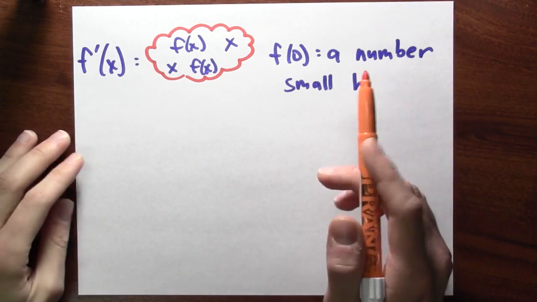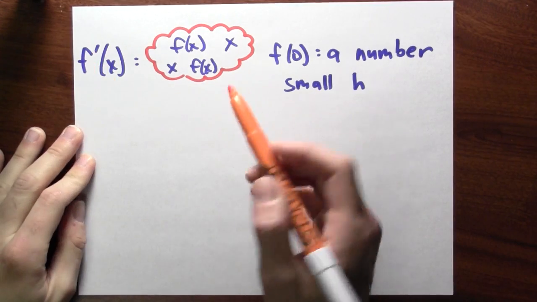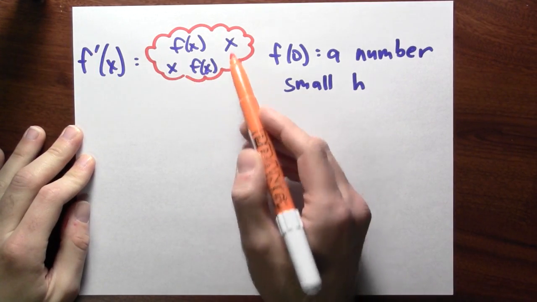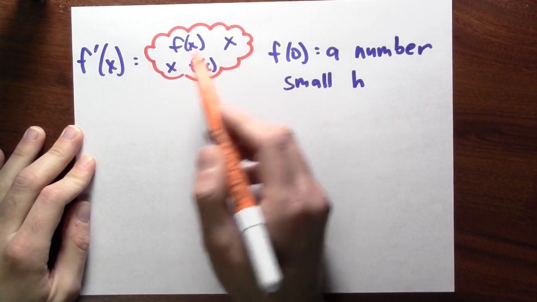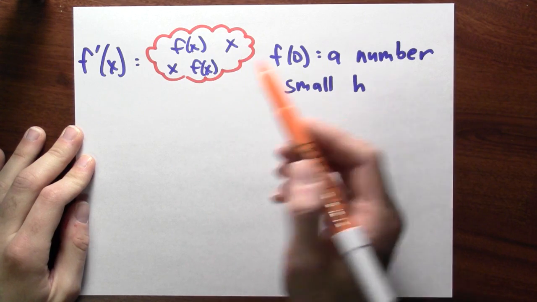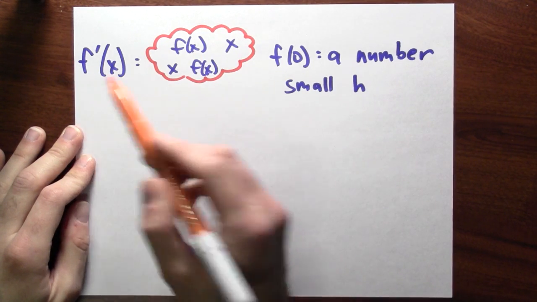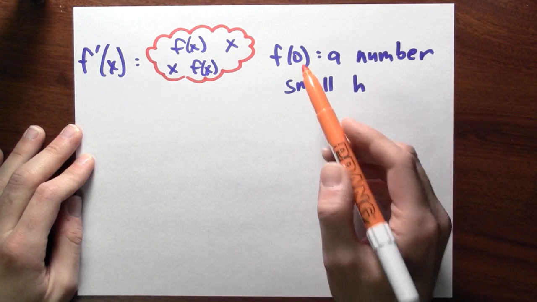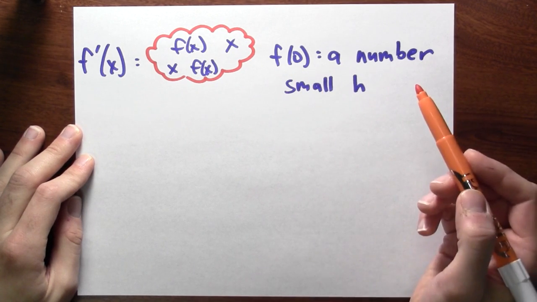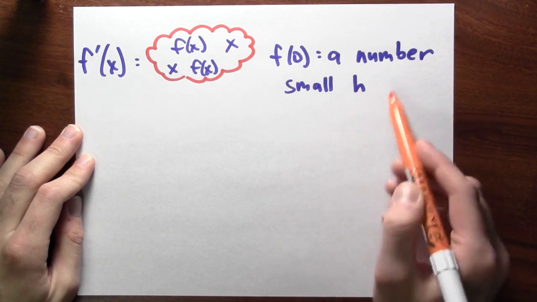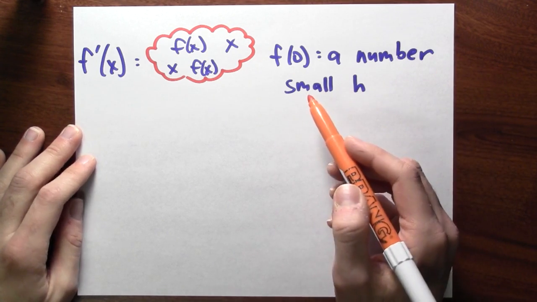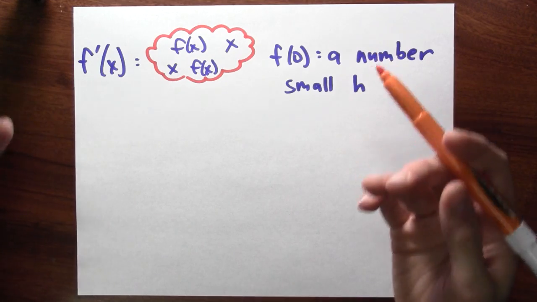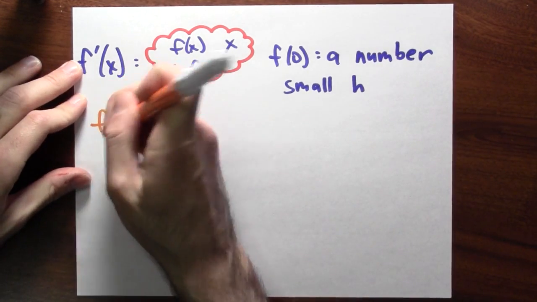Let's summarize the algorithm. So here's a setup. I've got a formula for the derivative of f, just in terms of f and x. So this cloud represents some formula that involves f of x and x. And that's my formula for the derivative of f at x. And let's say I know the value of f at 0, just some number, and suppose I've picked some small number h. Well, what Euler method tells me to do is if I want to know f of h, well,